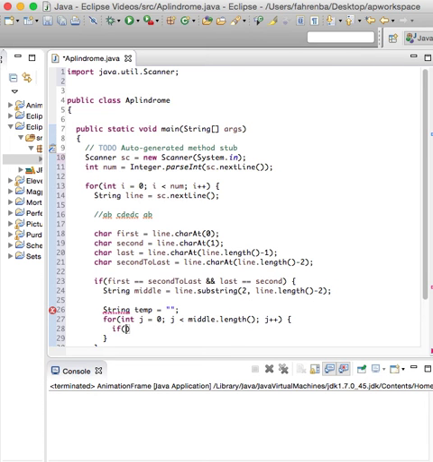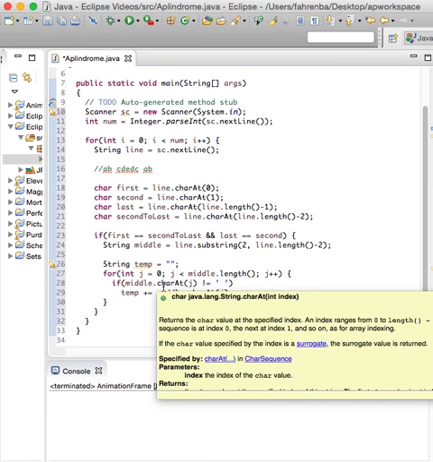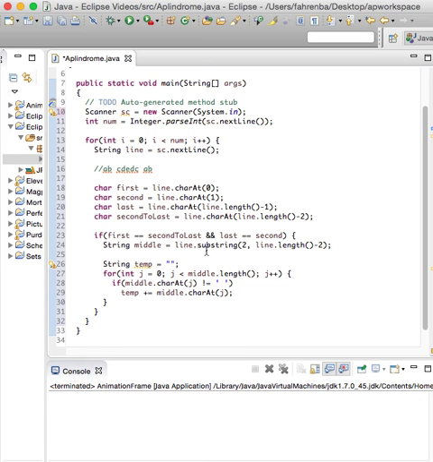and then if the character at that position is not a space, then I will add it to the temp string. So by the end of this loop, the temp variable is going to have all the letters from the middle, but if there are any spaces, they will be removed. So this makes the job of determining if this is a palindrome significantly easier, because now what I need to